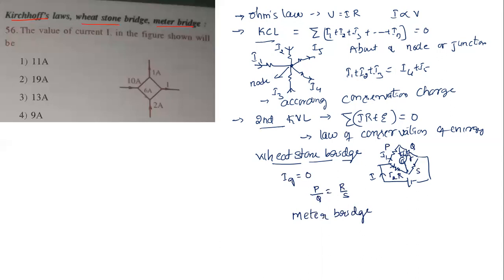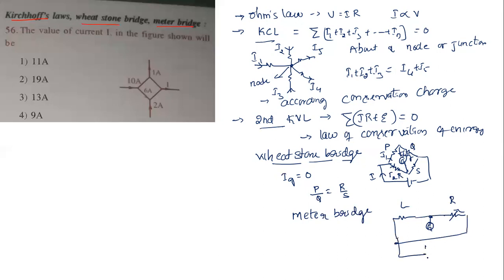Okay, one by one. So next, meter bridge. What does a simple diagram for a meter bridge look like? A left gap will be there, a right gap will be there. Usually in the left gap, we connect an unknown resistor. In the right gap, we connect a standard variable resistance box. And in the middle, we connect a galvanometer. I'm not showing it completely. And here, there will be a wire.